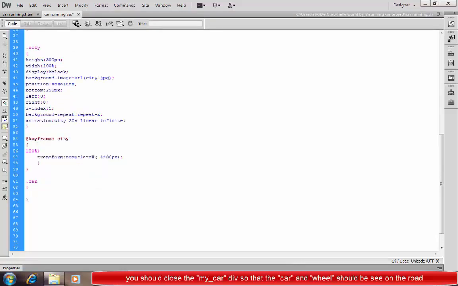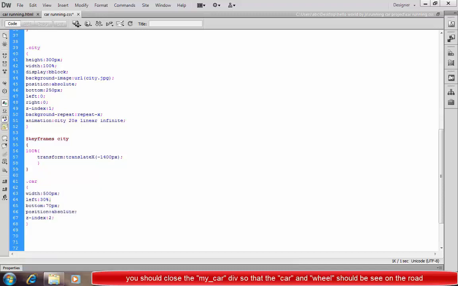So if you see what error occurs here, for that we write dot car, width is 500 pixel, left is 50%, and bottom is 70 pixel. And after bottom is 70 pixel, we use position absolute, because it can adjust with the relative image.